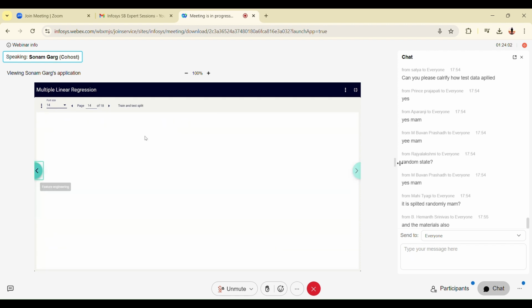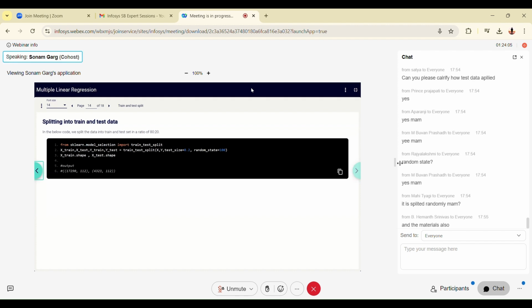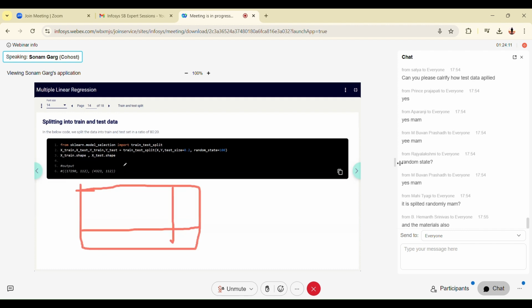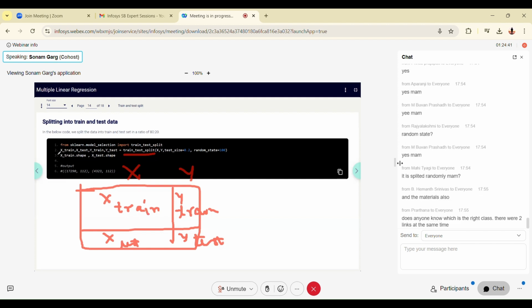Now it returns 4 things. We were talking about this split up. So split between x and y, this set becomes your x train data, and similarly this becomes your y train, this becomes your x test, and this becomes your y test. So this function train test split, when you give your x and y values, will do the row-wise 80-20 split and return these four sets: the x training set, x test set, y training, and y test.